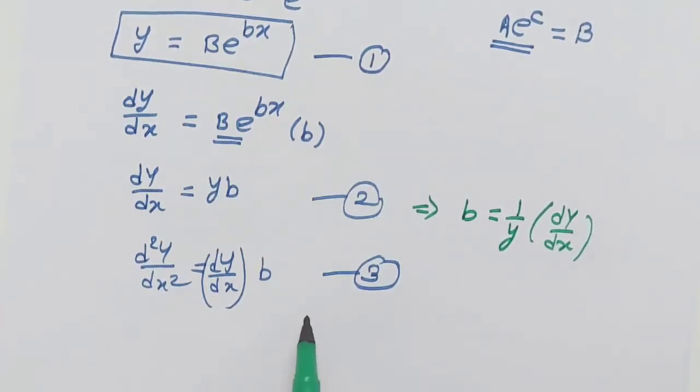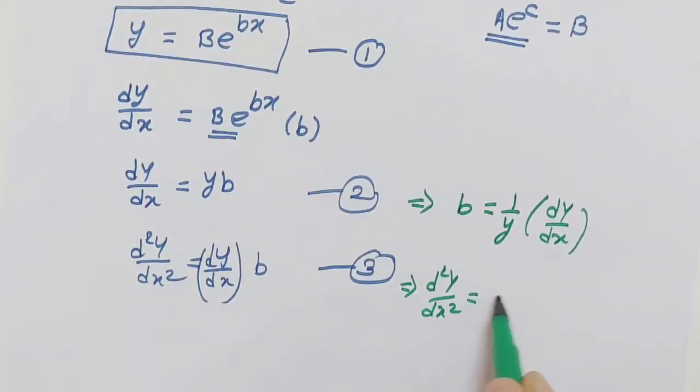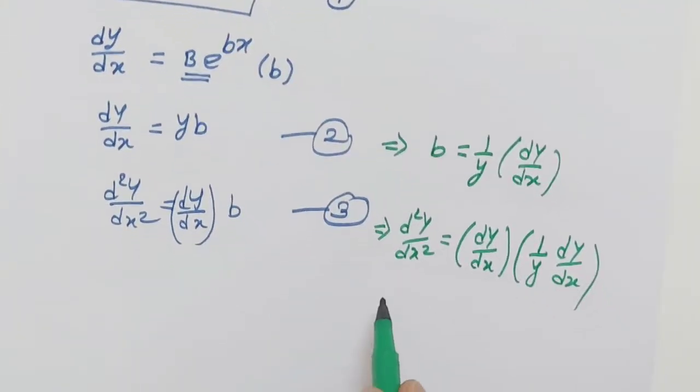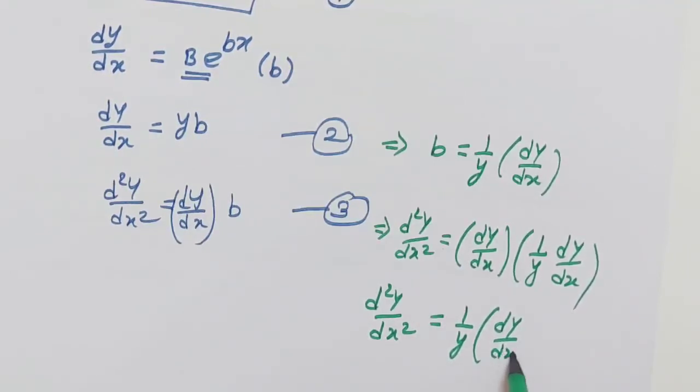Put this value in equation number 3, then equation 3 becomes d square y by dx square is equal to dy by dx, where b is 1 upon y dy by dx. That means d square y by dx square is equal to 1 upon y